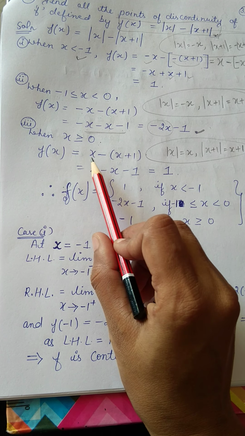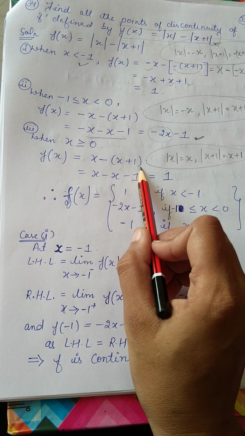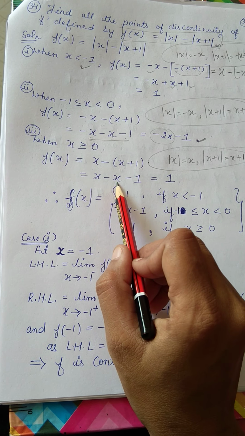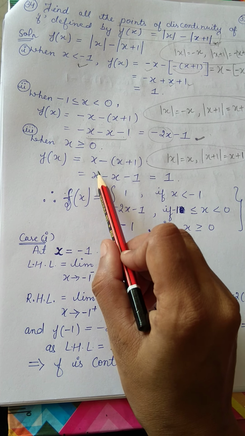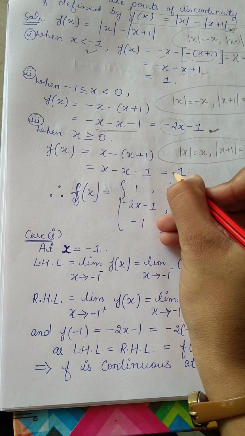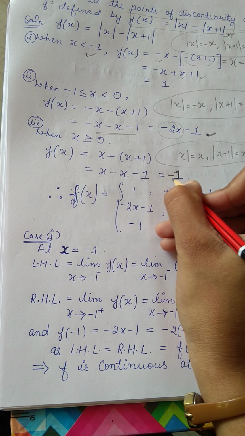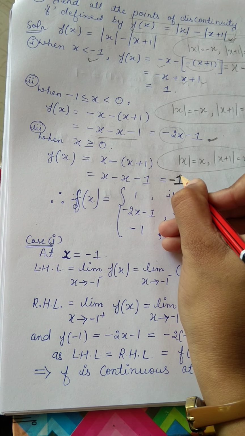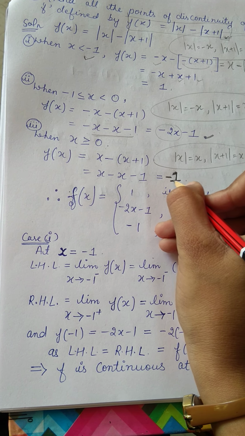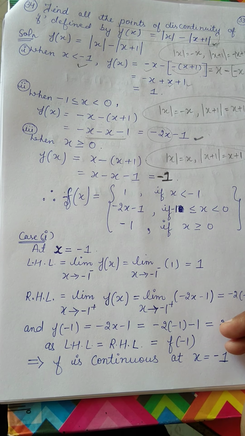When I will solve it out, x minus of x plus 1, what it will give bache? It will give x minus x minus 1. So when they both will be cancelled, what will be left? Minus 1. ये आप correct कर लेना बच्चे notebook में, because I have given the PDF before only. So this part you correct, it will come minus 1 over here.